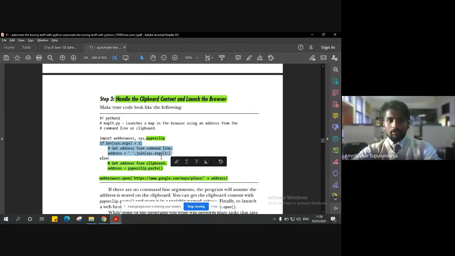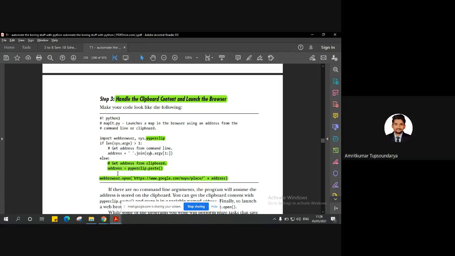As I said, we have to import the pyperclip module, and once we have the argument length checked and the command line arguments taken as input, we are going to check whether we can get the address from the clipboard. Then address will be the address that we have copied, which is available on the clipboard. Then we have to pass that saved address from the clipboard to the web browser.